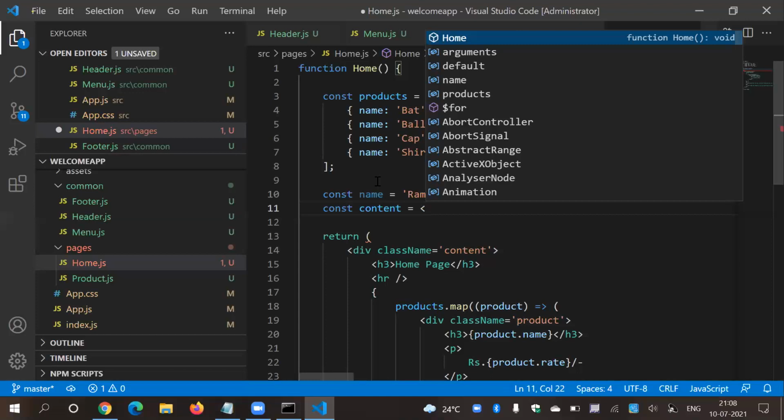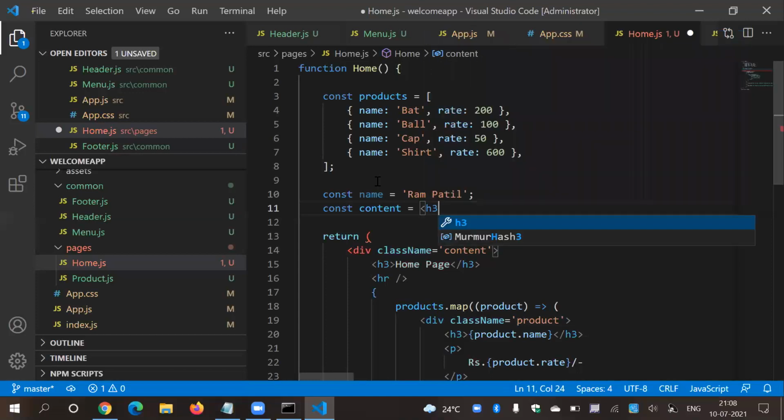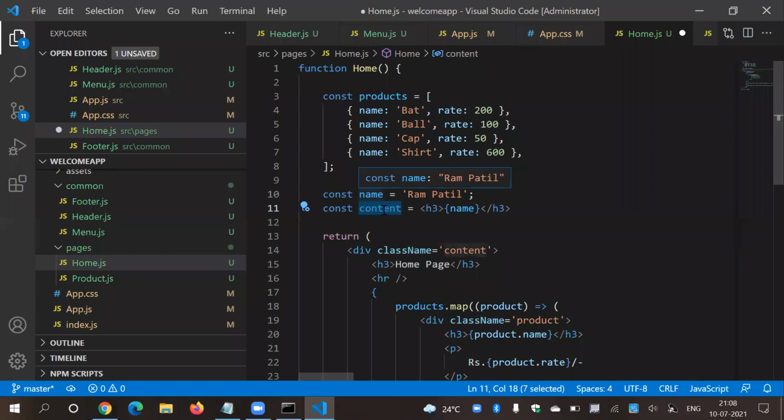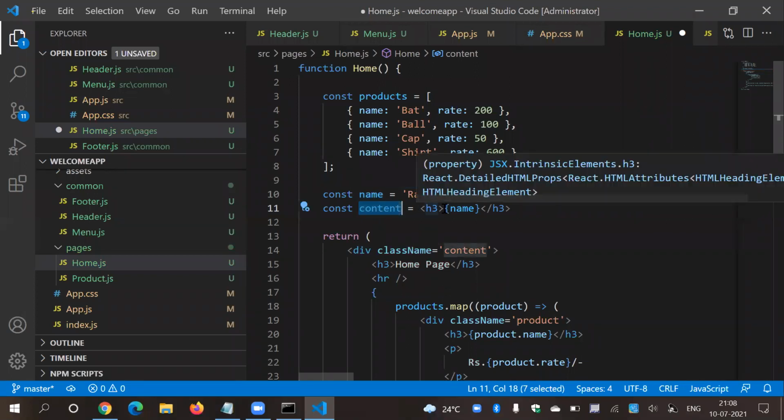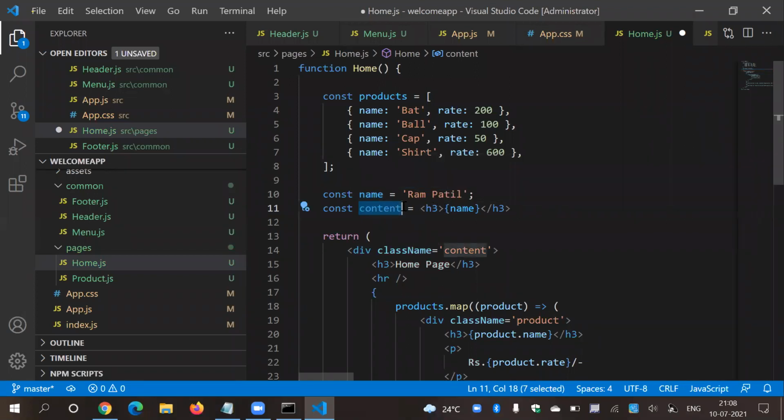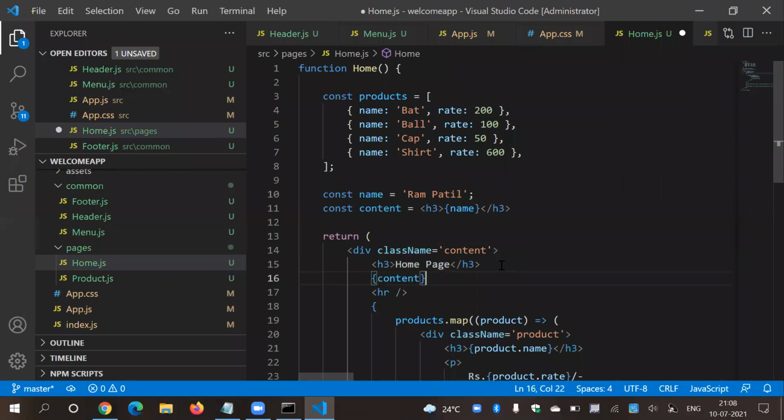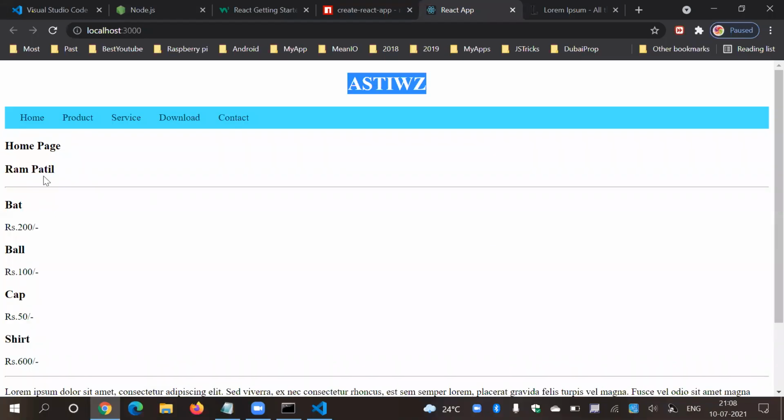Let's say h3, and in that h3 I will simply call that name over here, right? So we have a name as a dynamic variable and content as a JSX component. JSX means JavaScript and XML, and not more than that. And if I want to show that content somewhere, let's say after this, I will simply start my bracket and show the content over here. So here we got Ram Patil.